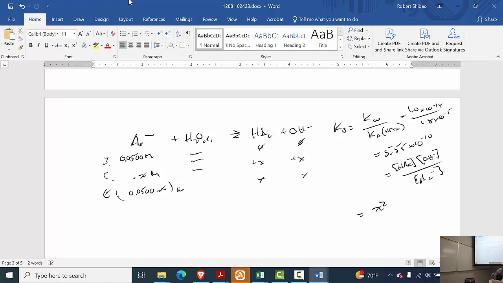And so that's going to give us X times X, X squared, divided by 0.0500 minus X. And then we're going to just try the simplifying assumption, see if it works. This is going to give us X squared over 0.0500. And that means X is equal to